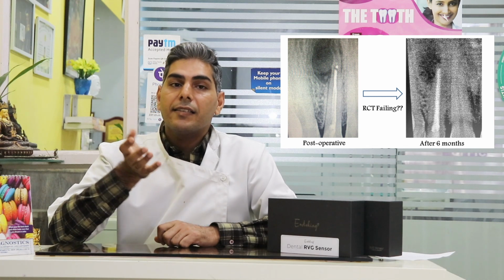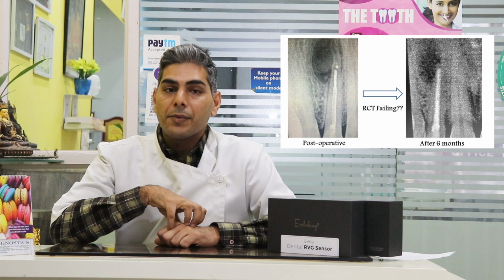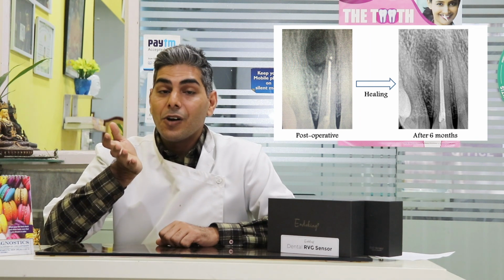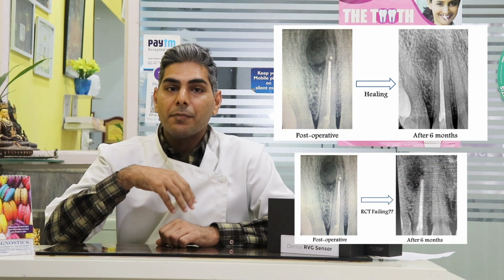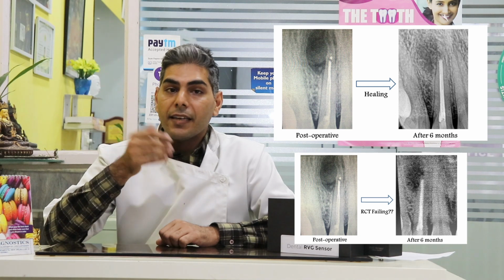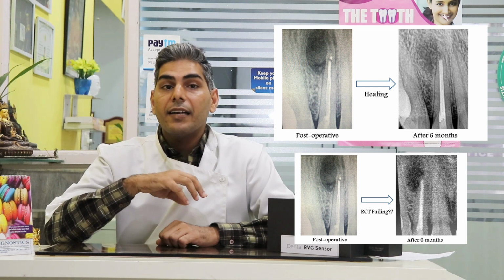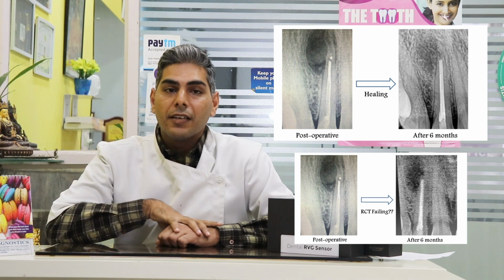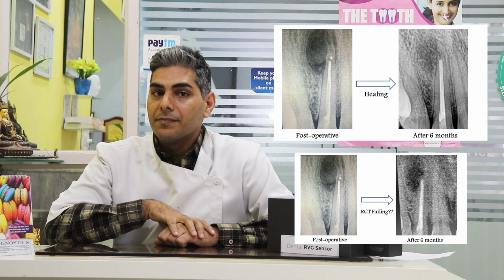So then I said, let's come over and I'll see the patient. I was ready to retreat it, but somehow I said, let's take a baseline X-ray. So I took the RVG radiograph and I was shocked that it was healing. The lesion was healing. So how come? Because whatever picture he sent me was quite different from what I take here at my clinic. In that it was not healing, but in my clinic picture it was healing. So that is the difference of RVG.